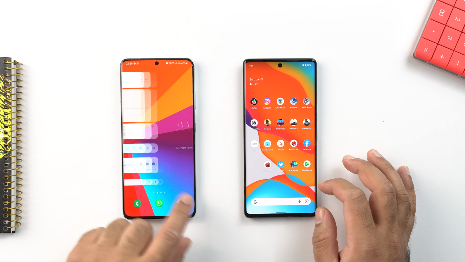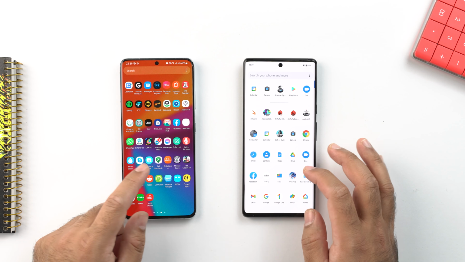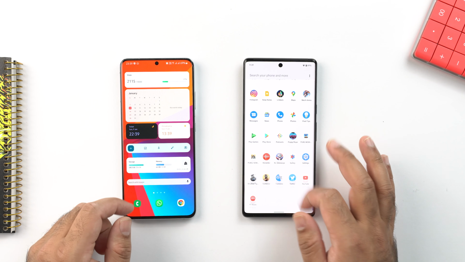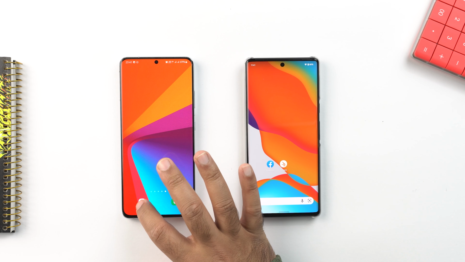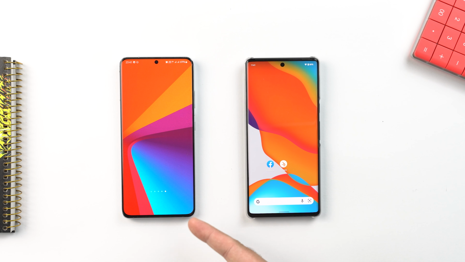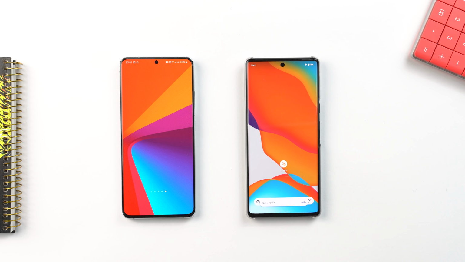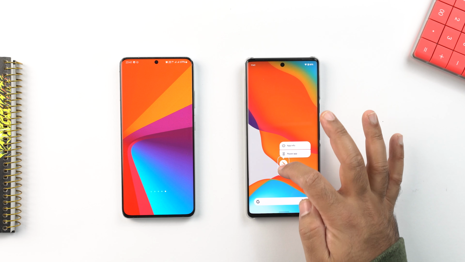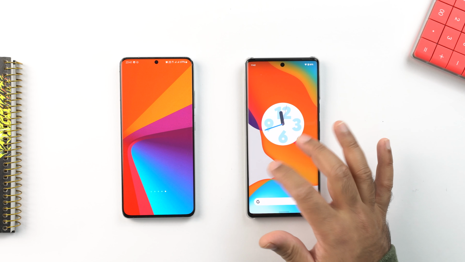The look of the One UI 4's default launcher and Pixel's launcher varies, and let me show you what's the difference between the features and functionality here. First of all, you can remove all elements from the display of the One UI 4, empty the home screen like this. The Pixel or the stock Android must have at least one icon or element on its page at all times. You can't have an entirely empty page on the Pixel.